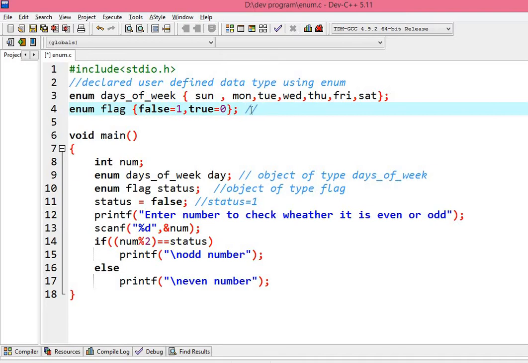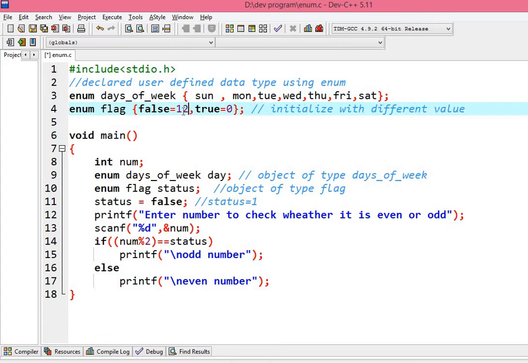You can initialize with a different value. That means you can initialize these enumerators with some other value.